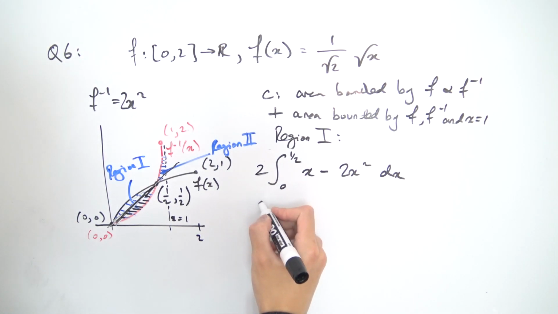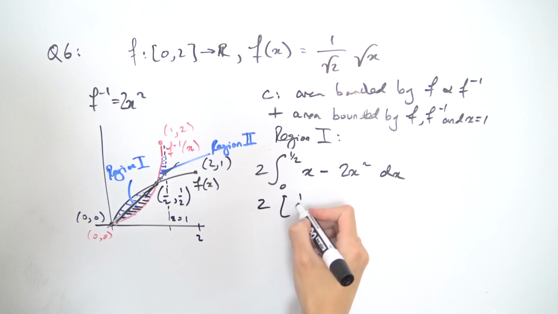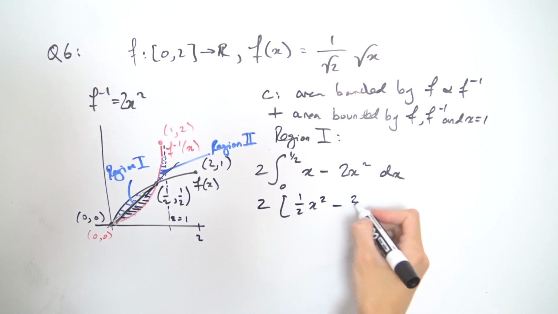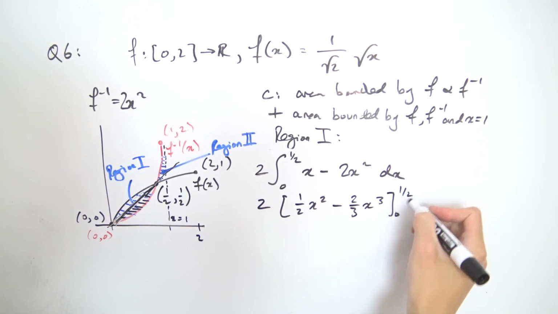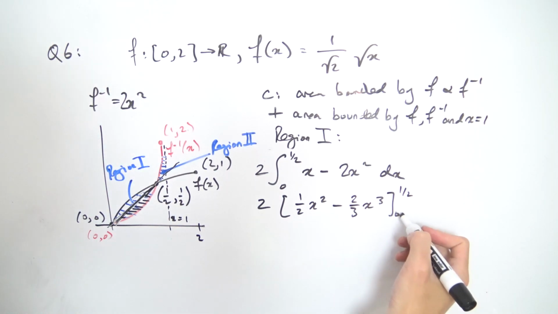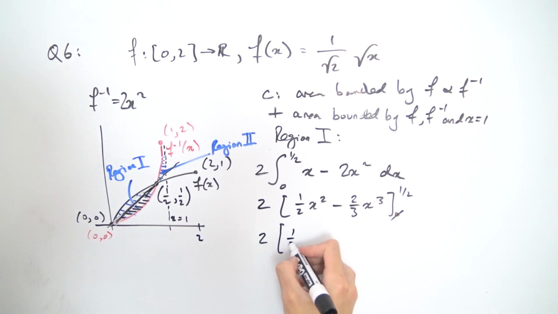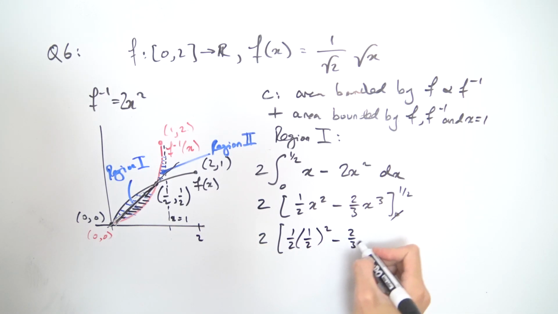And to evaluate this, that's not too bad. So that's 2 times the antiderivative of x, which is 1/2 x squared, minus the antiderivative of 2x squared, which is 2/3 x cubed, evaluated from 0 to 1/2. Notice if you plug 0 into all of this, you're going to get 0, so we don't even have to worry about what happens at 0. We just have to plug 1/2 in, so that's 2 times 1/2 times 1/2 squared minus 2/3